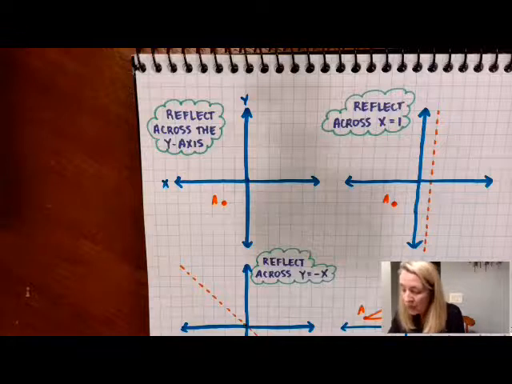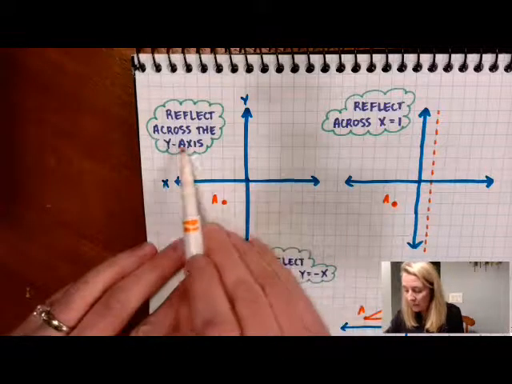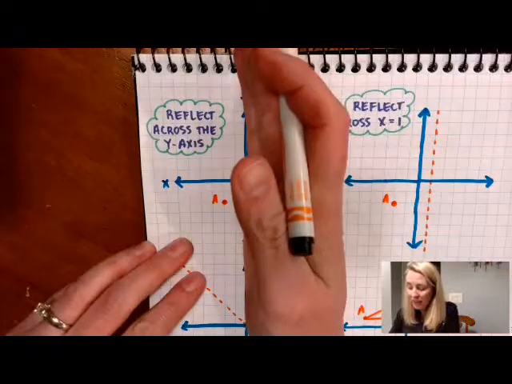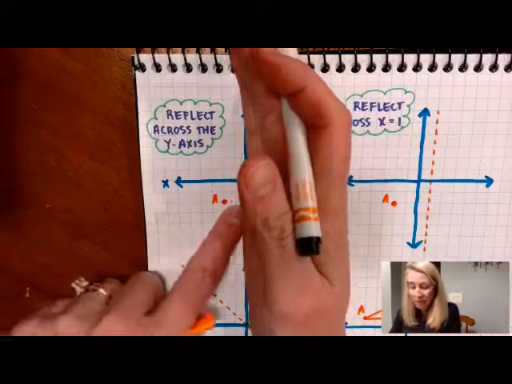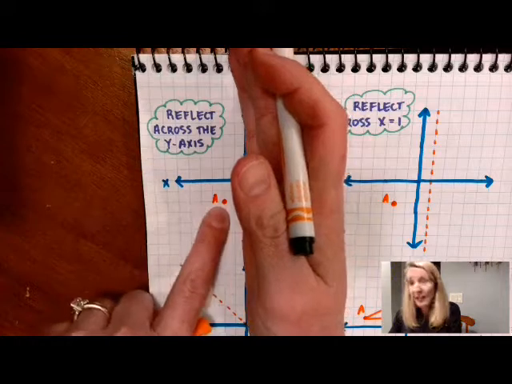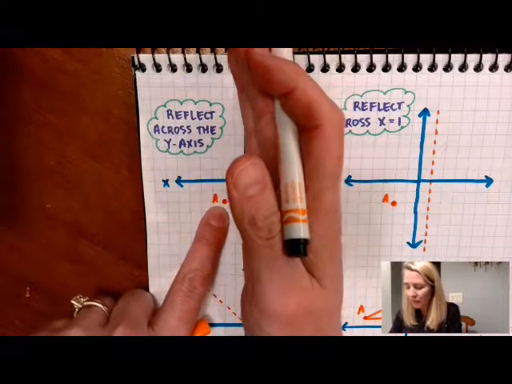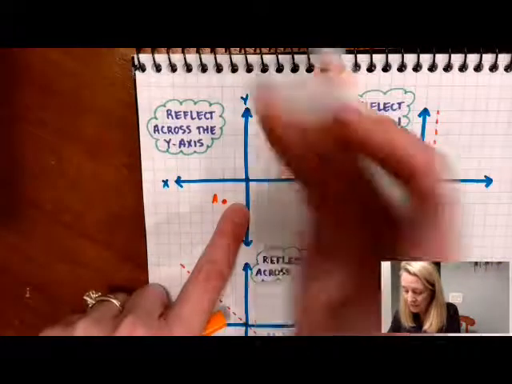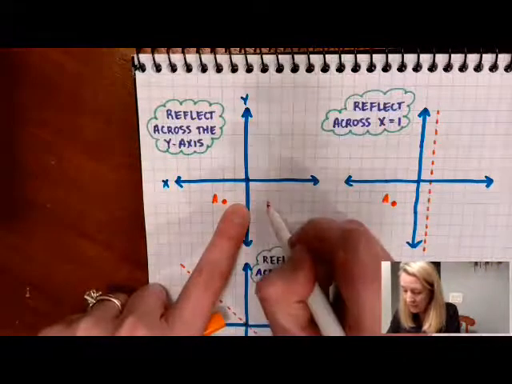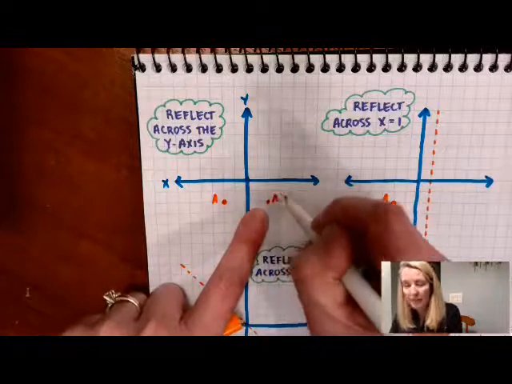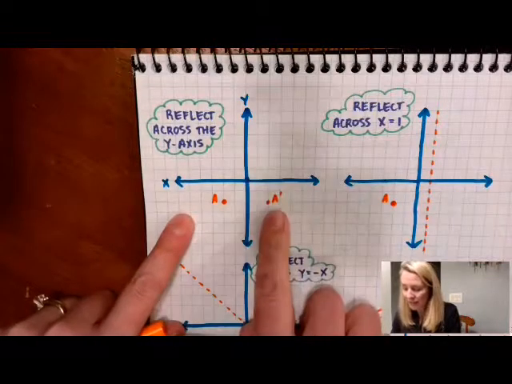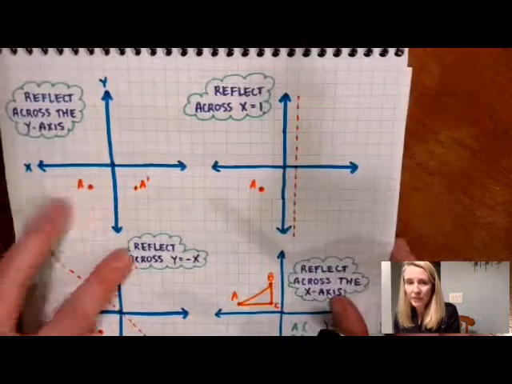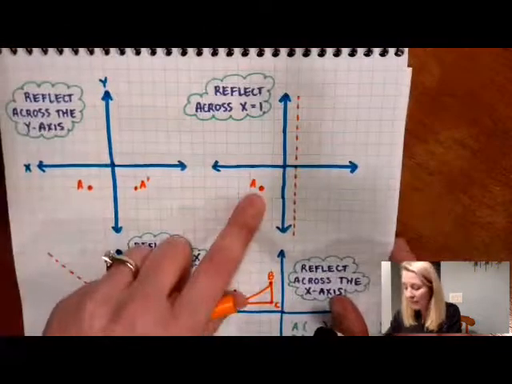So reflecting across the y-axis, if I'm laying a mirror down right there on that y-axis, I'm going to have the same space away from my mirror, or my line of reflection, or axis of symmetry, as it's also called. Whatever distance I have on this left side, I'm going to have that same distance on the right side. So right here is going to be my A prime, my image, and that's my pre-image. Now what if I took that same pre-image and reflected across this axis of symmetry,